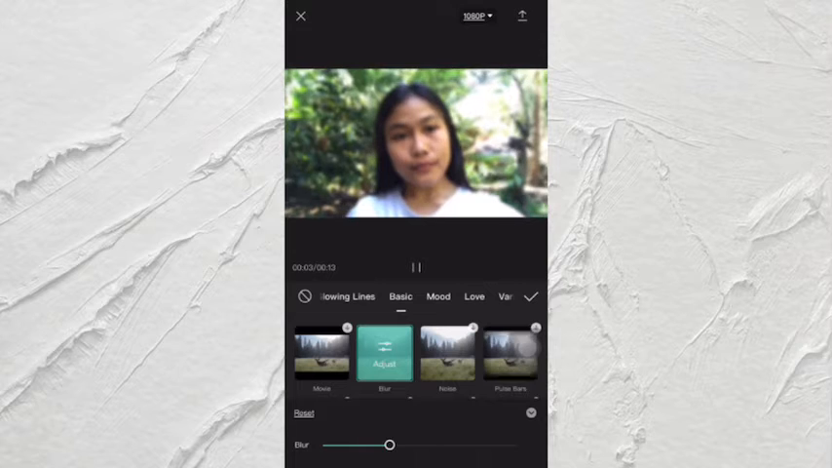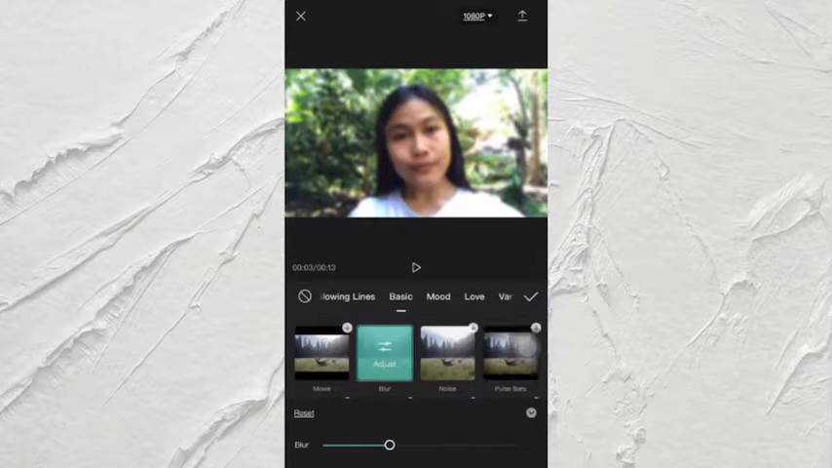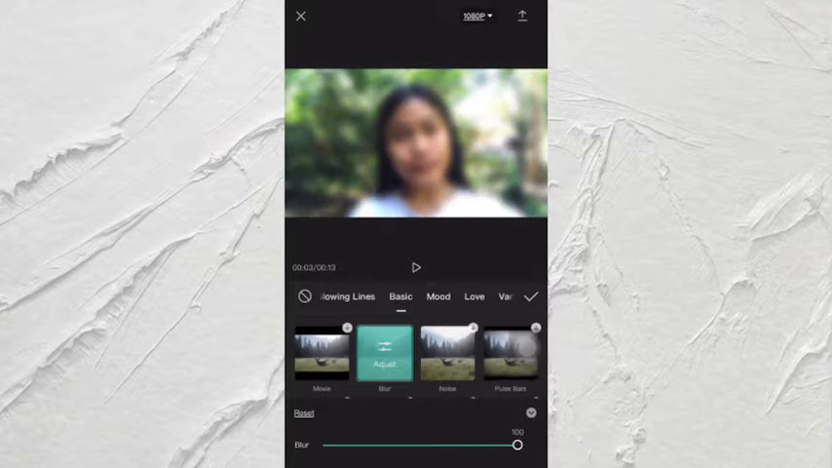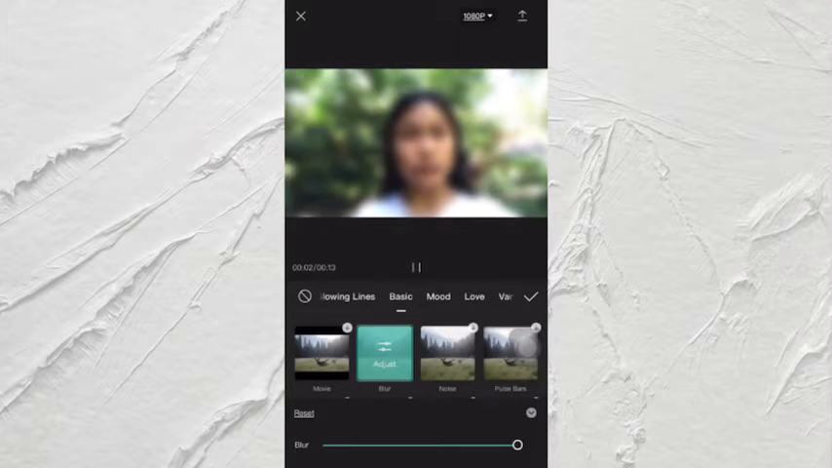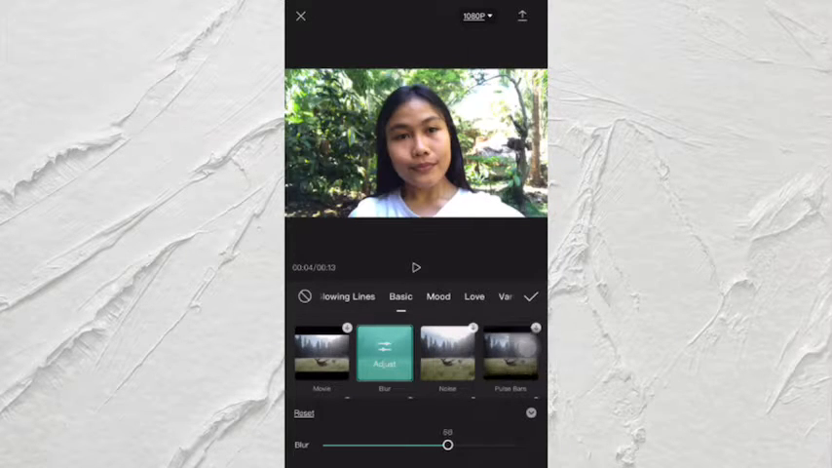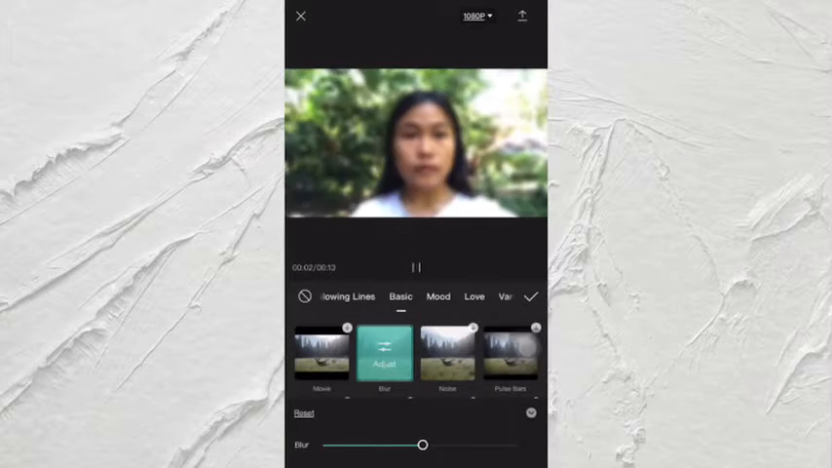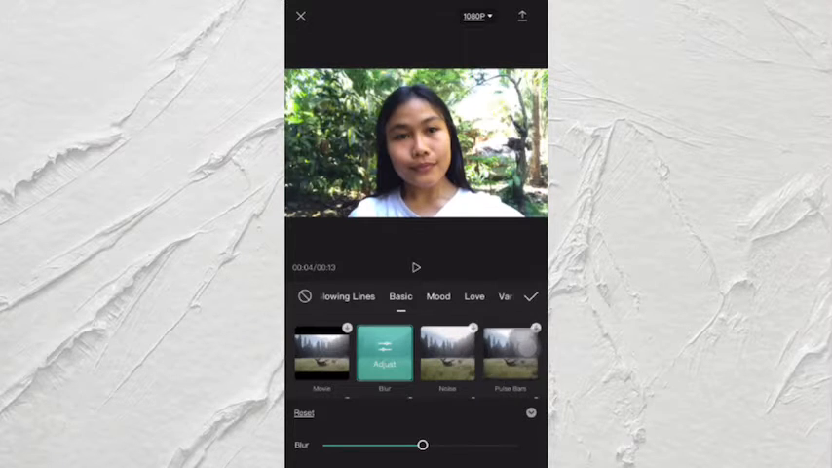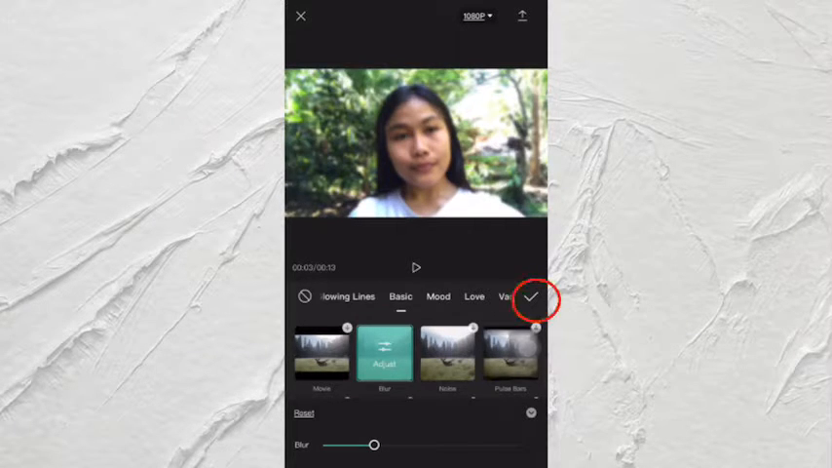Either you want your video clip to be very blurred, then you can adjust it to 100, or you just want just enough blur, you can adjust it to 50, or you just want to make it a little blur, then you can adjust it to 10, 15, 20, 25, or 30. But for me, I'm gonna choose 25. After that, you're gonna tap this little check,